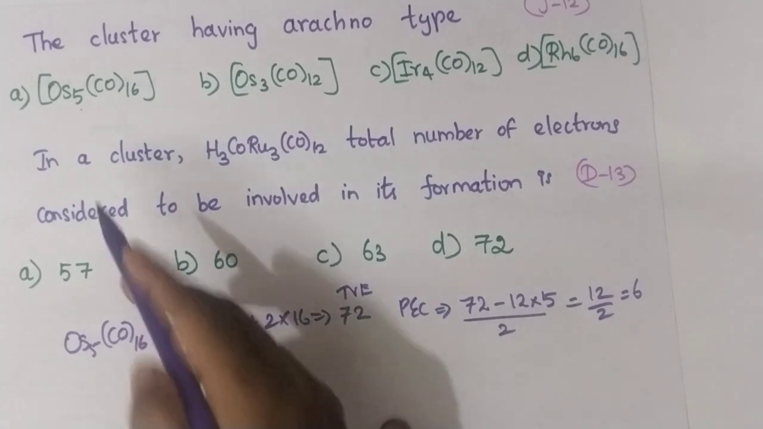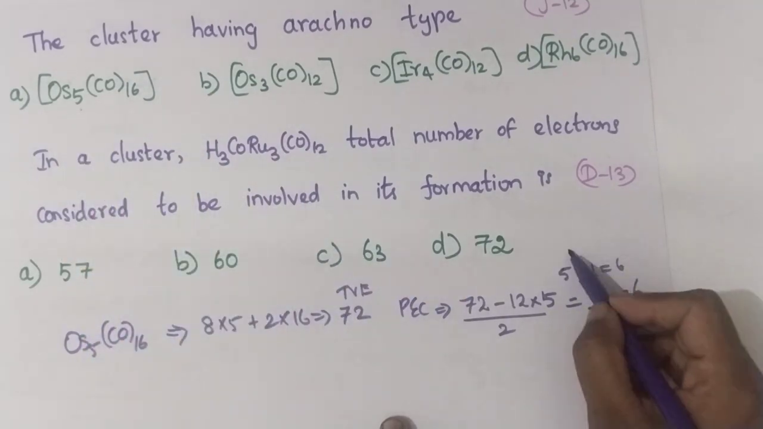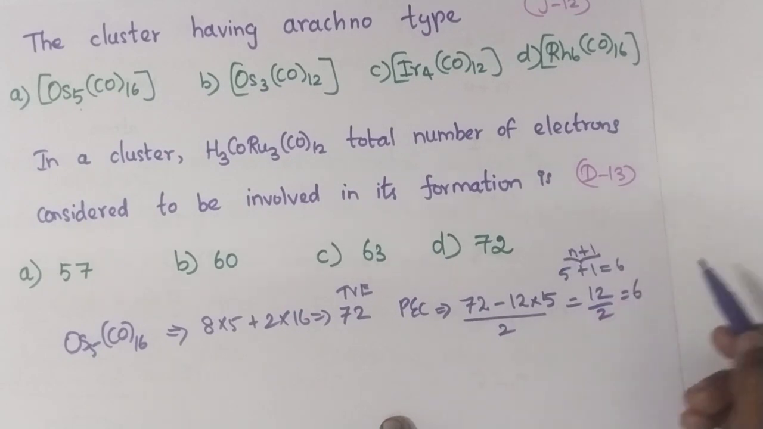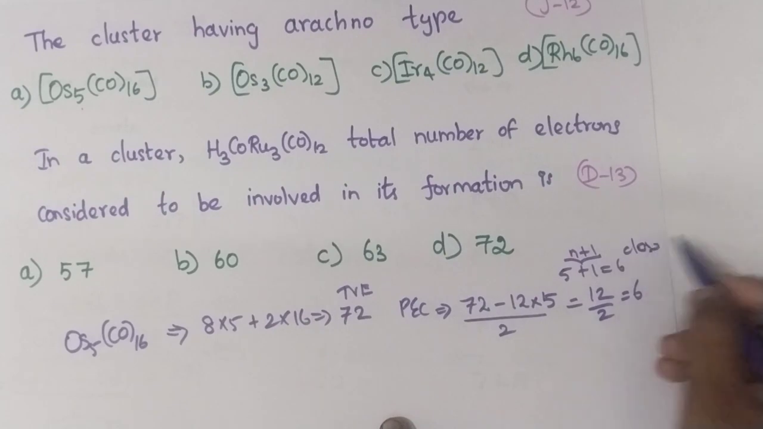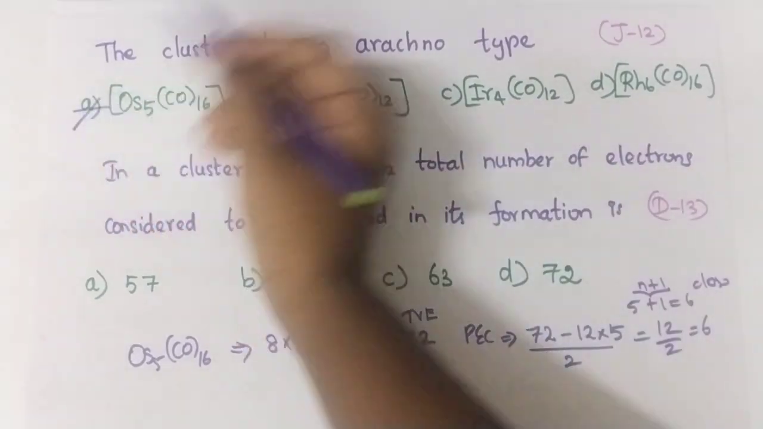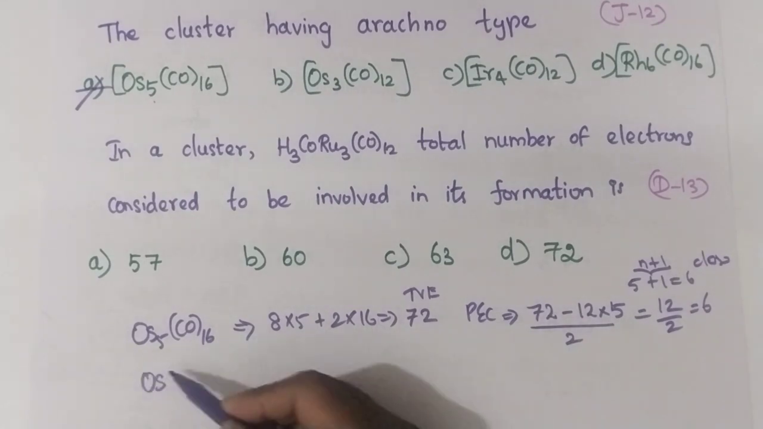6. The metal count is 5. So 5 plus 1 will give you 6, which means n plus 1. N plus 1 means closo. They have asked for arachno, so this is not the right answer. That is wrong. So now, let us go for